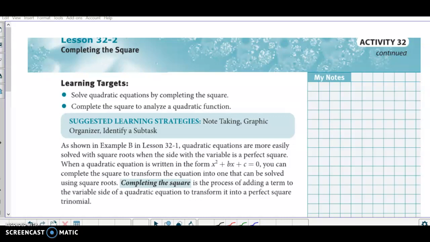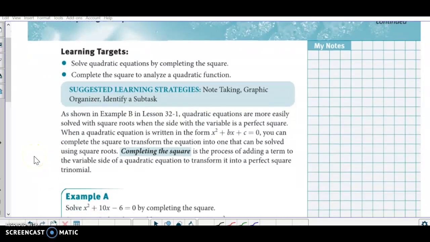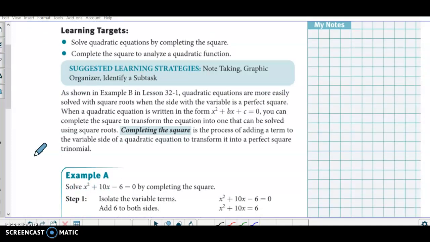So now that we've talked about the square root method and we've talked about perfect square trinomials, I want to talk to you about how we can use those two pieces of information to solve a quadratic equation for its zeros, x-intercepts, roots, or solutions by using something called completing the square. And this is where we take a quadratic equation and we create it to look like a perfect square trinomial so that we can easily put it into the square root method, problem solving method, and create an HK